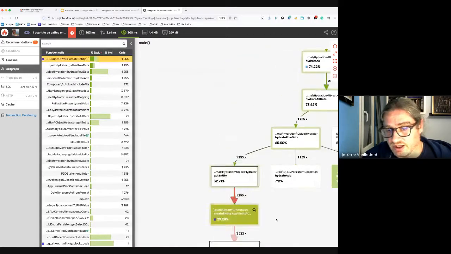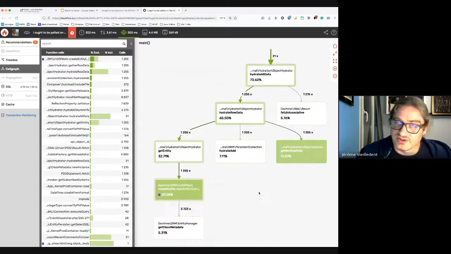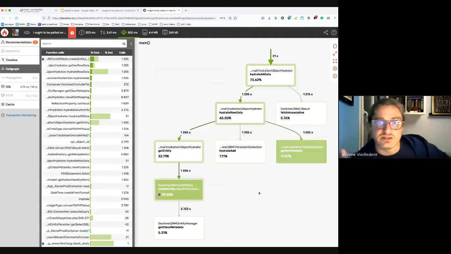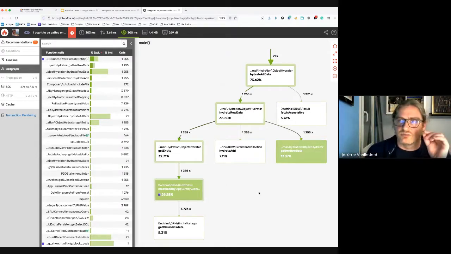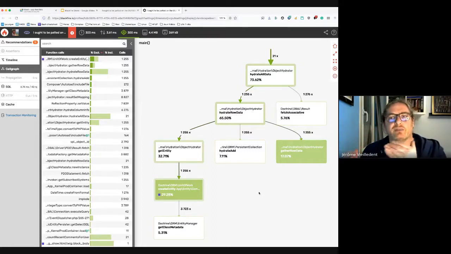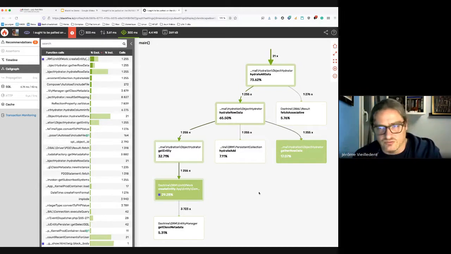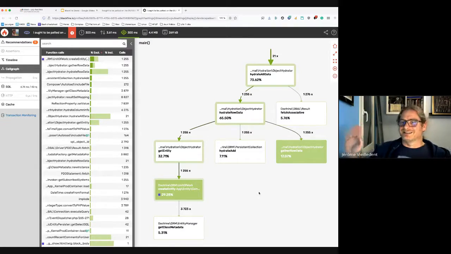So now that we identified this directly thanks to Blackfire, it just gave us an entry point. I can browse the call graph from the bottom to the top in order to find which function from my application was the little butterfly wave that triggered the storm.